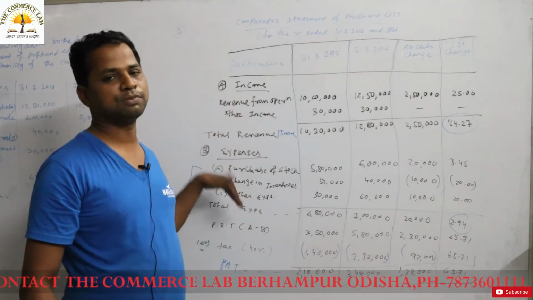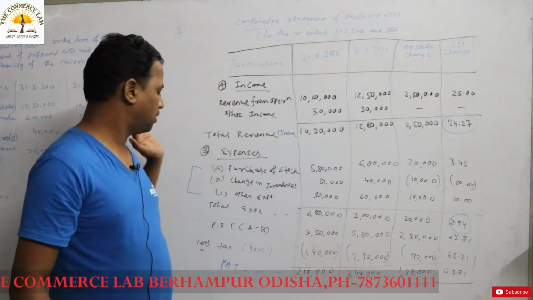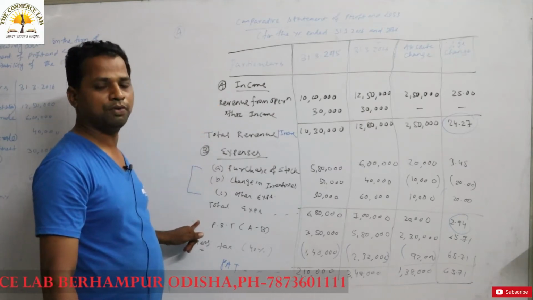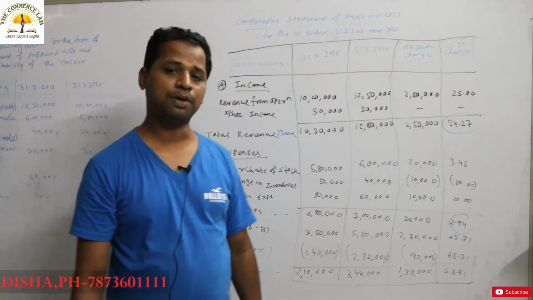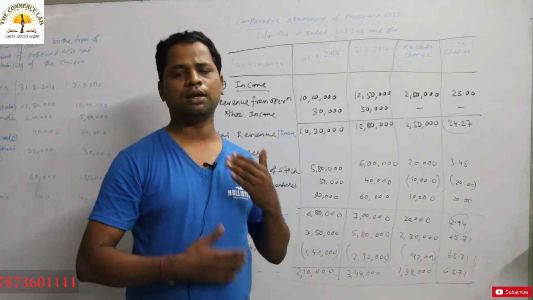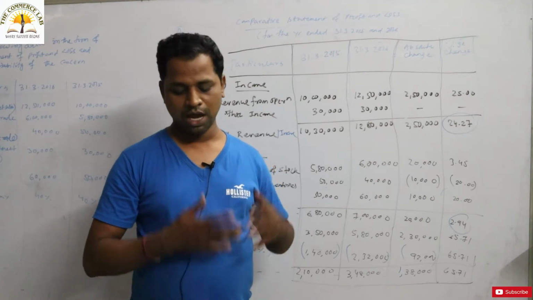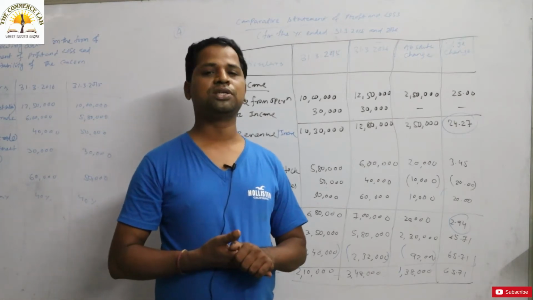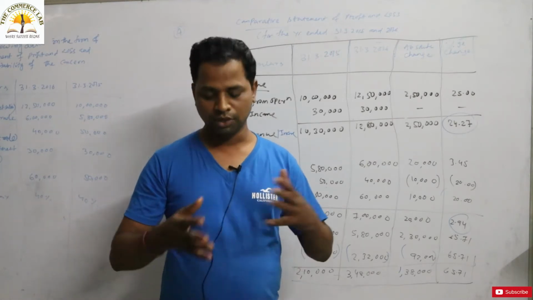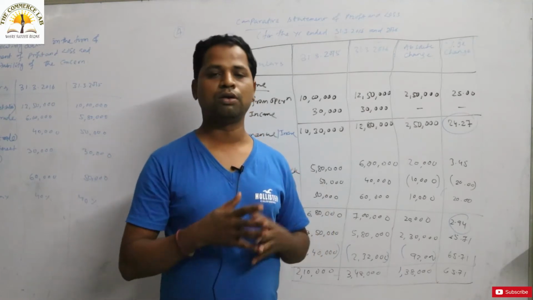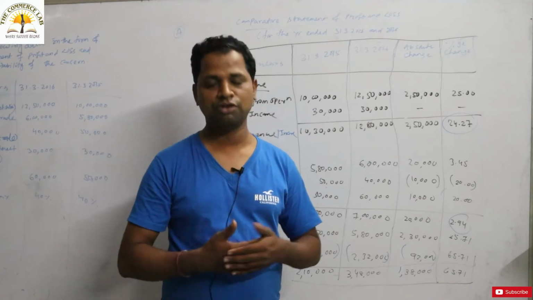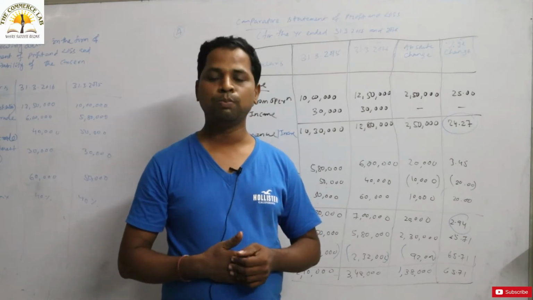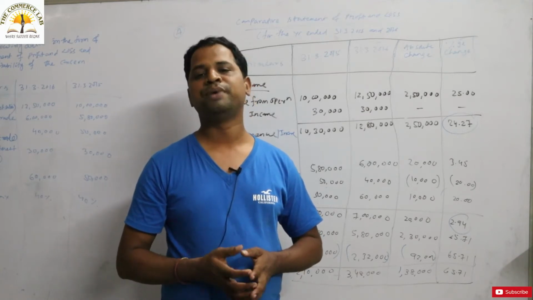You have to deduct the expenses from the income, then you have to get the profit before tax. Thereafter you have to deduct the tax, what you will get, profit after tax. The main motto is to get the profit after tax. Okay, and you have to comment on the particular result. Simply calculating the profit or loss will not help you unless you can interpret the result, and it will be helpful for you to take the major decision.